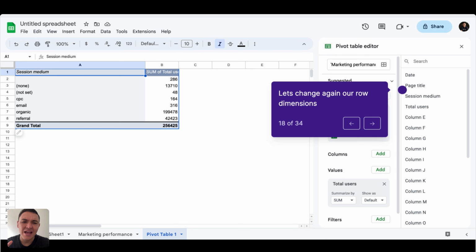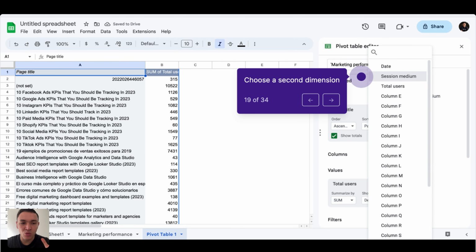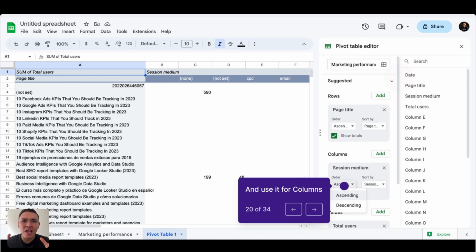Now, what is next? I want to do something else. I will want to go back to my query. So again, I will do it with page title, but I can set also a breakdown not only for rows, but for columns. So I will set sessions and medium for columns. Now I will have like a grid or a matrix where I can see my data by page title and